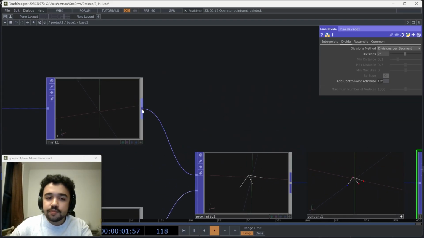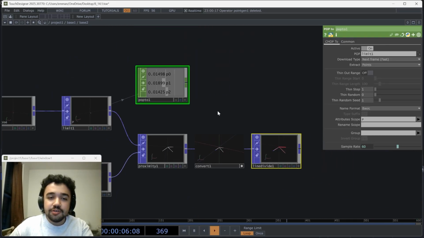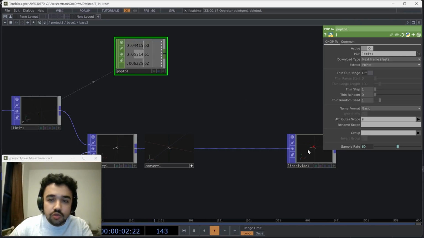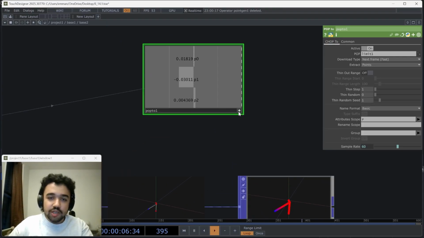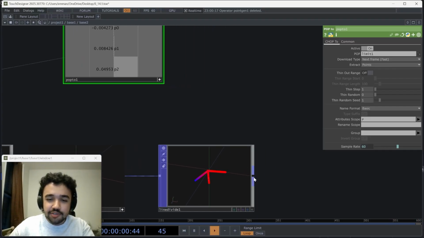In order to do that, I do need to grab the initial value of the position of this point. To do that, I'm going to go to chops, and I'm going to make a pop2, and that should be populated with x, y, and z. Oops, cool. That should be populated with p0, p1, and p2, which are constantly changing from our noise. What I'm able to do now is I'm able to set a field